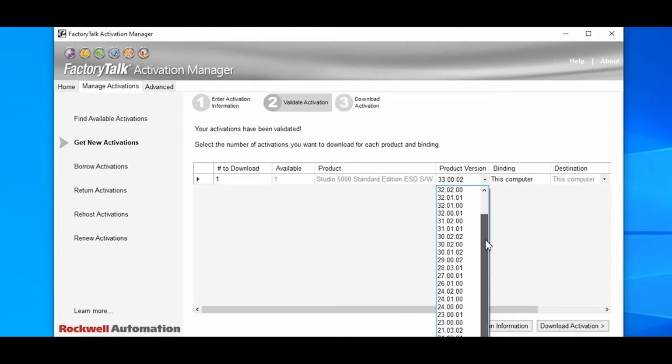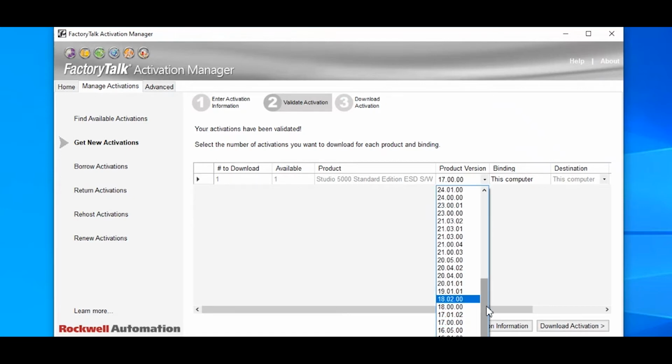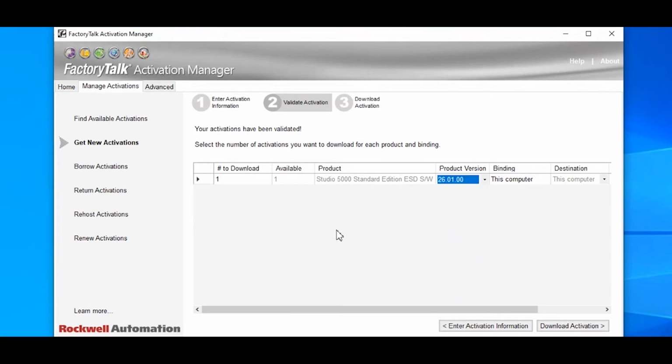So if you were using an earlier version, let's say for instance 17, this will actually create a Flexera license. You could actually select 26 and it will do the same thing, because 26 will also create the Flexera, and it will activate all versions, but as a Flexera license. So 27 and above will be CodeMeter, 26 and below would be Flexera license. So in this case, say I activate version 26. I'm not going to download the activation at this point, but this would actually activate all my versions with a